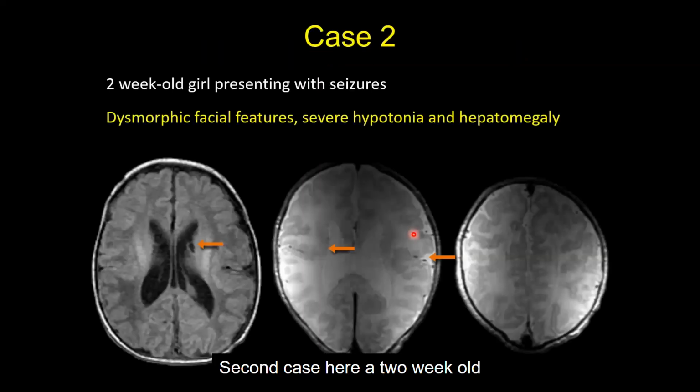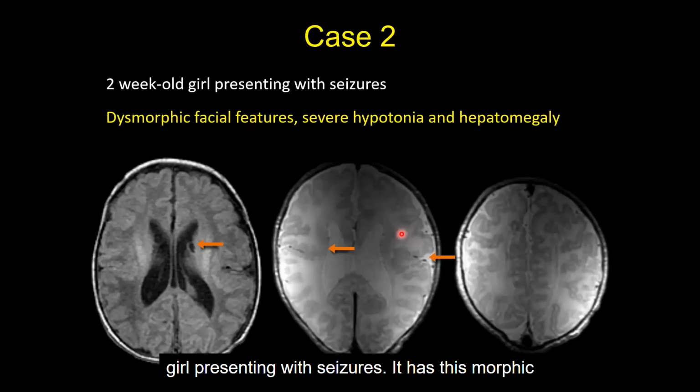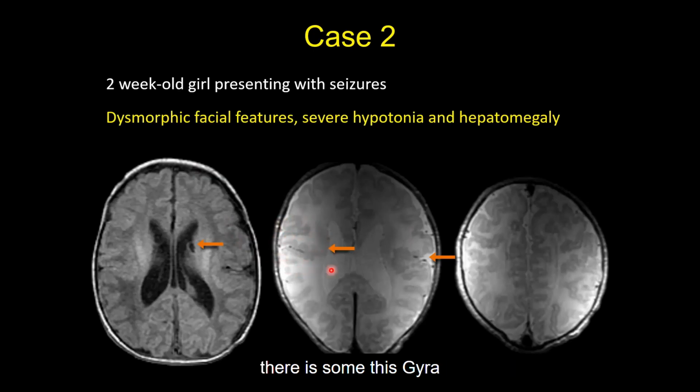Second case here, a 2-week-old girl presenting with seizures. It has dysmorphic facial features, so prenatal onset. And we notice the contrast in the image is not the best, but there is some